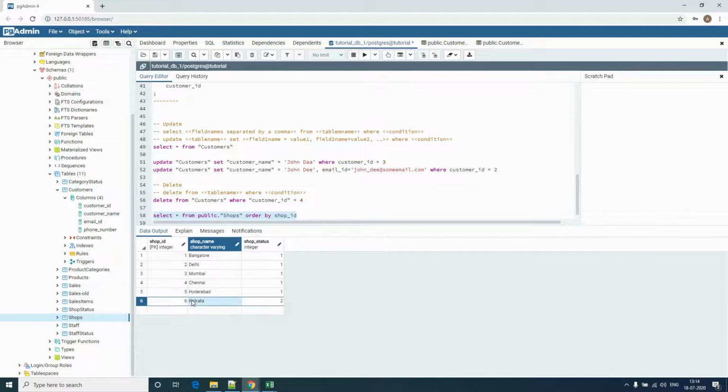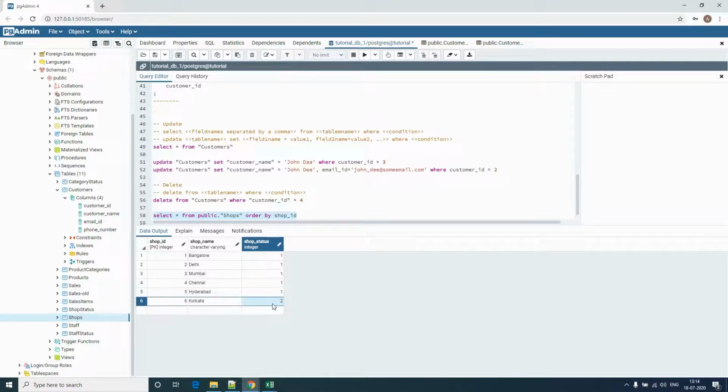So instead of deleting this row, I just simply make it 2, which keeps all the records of the transactions that happened in Kolkata of the shop a long time back, and those records are still with me. So tomorrow when I want to go back and check how Kolkata performed, and if I want to reopen the shop, or add another shop in Kolkata, I have all the data to take an informed decision on it. That is a very big aspect, in fact. And the second aspect is that